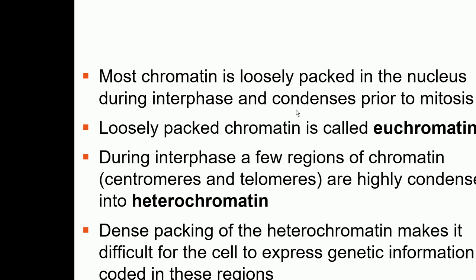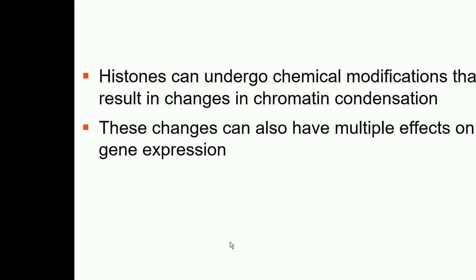And in the chromatin, there is a loosely packed chromatin, called euchromatin, and then there is a tightly packed chromatin, called heterochromatin. Usually at regions like centromeres and telomeres, the chromatin is very highly condensed, so that is called heterochromatin. Wherever the chromatin is very tightly packed, expression of the genes cannot take place. There are many mechanisms, many modifications which take place to the histones, because of which this chromatin becomes loose, and then the genes can express. And the gene expression